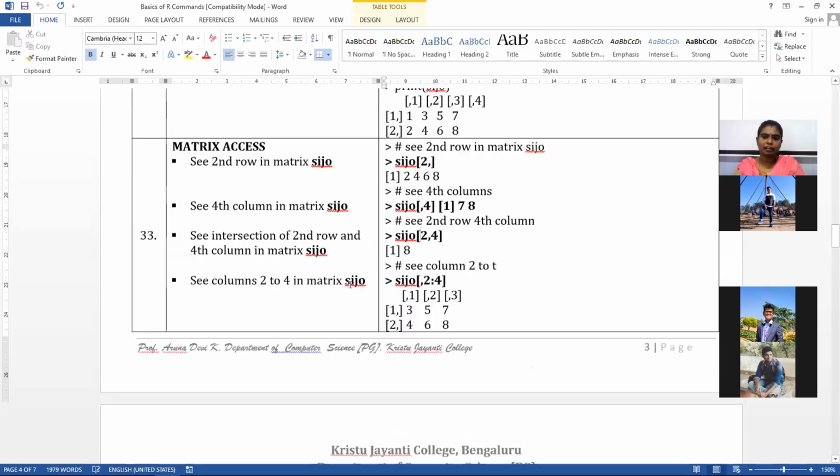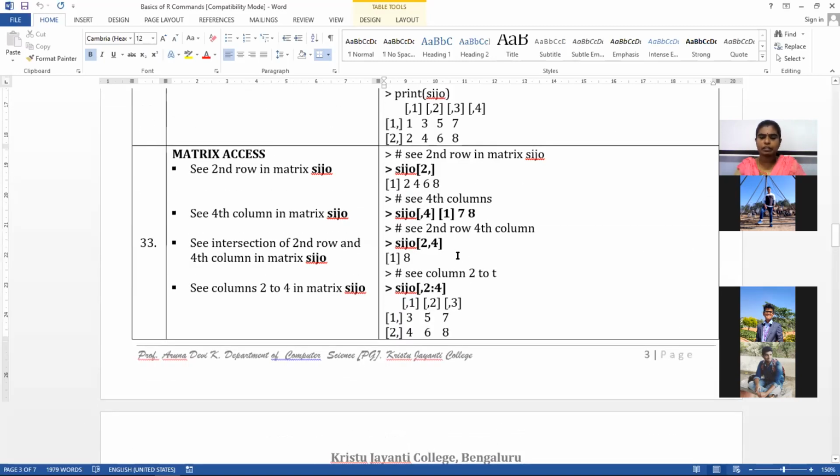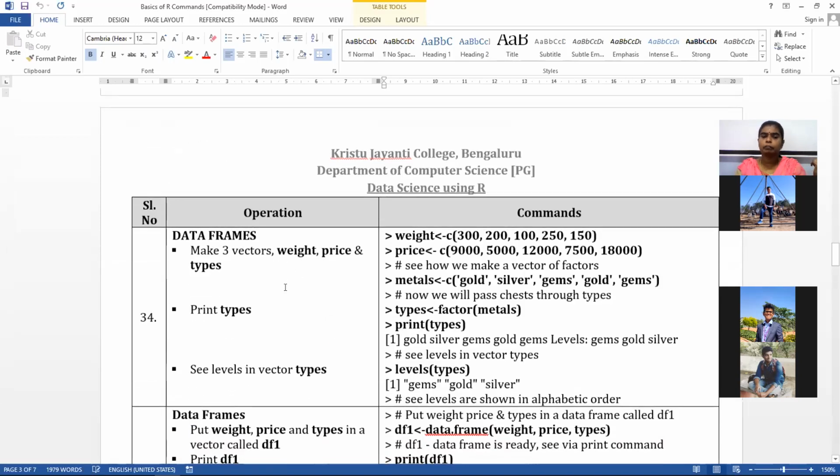In the matrix, I access my data items by simply giving the row number and the column number. There is no other identity to access the data. But we will not always remember the row number and column number, right? I may remember that I should access the marks of a student, but I don't know which column it is in. I want to access the attendance of last month, but I don't know which column it is. But I will say that I want attendance. So rather than remembering the index, if the data has labels, that would be great, isn't it? So we are going for the data frame.